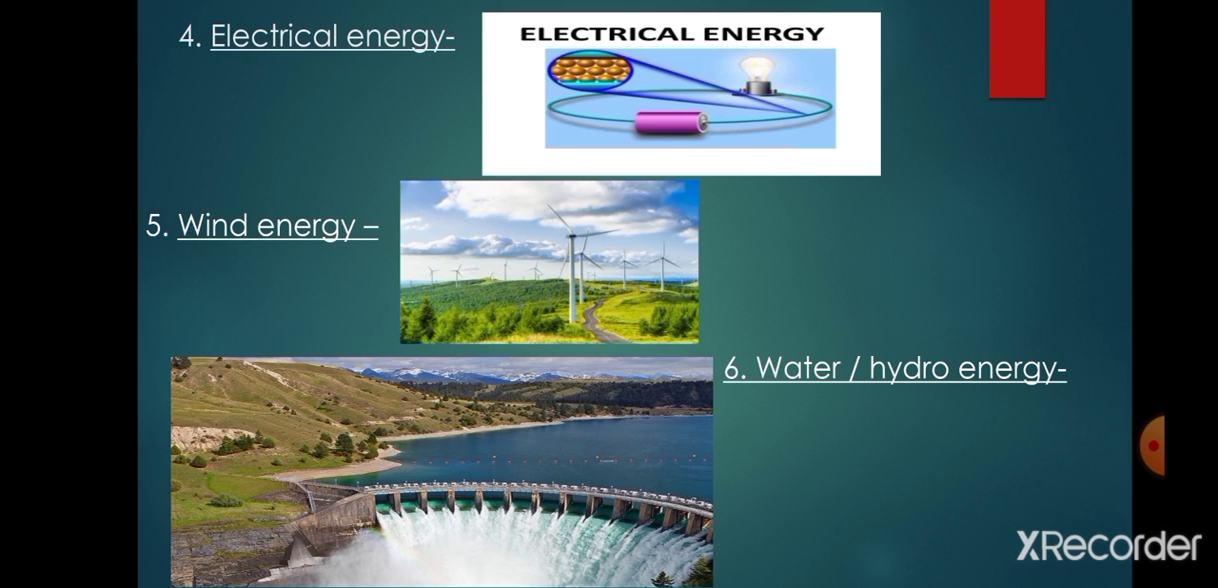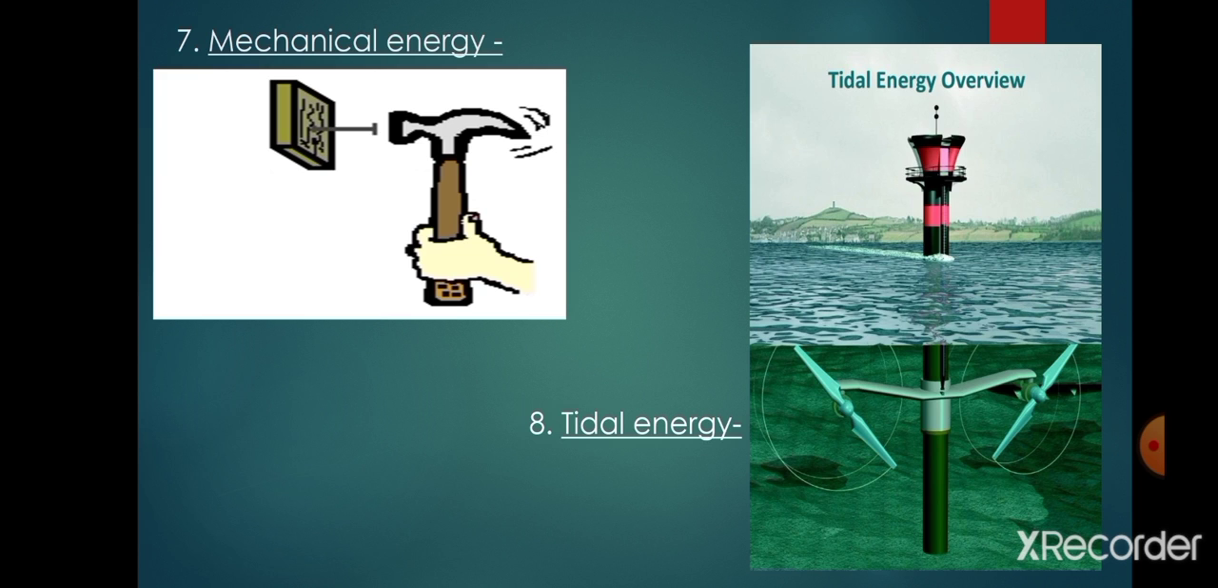It comes from moving air, and it is used to generate electricity. This wind energy is even a form of solar energy. For example, windmills now run with the help of wind energy. Next is hydro or water energy, and this comes from flowing water, and it is also used to generate electricity. Mechanical energy is the energy due to position or